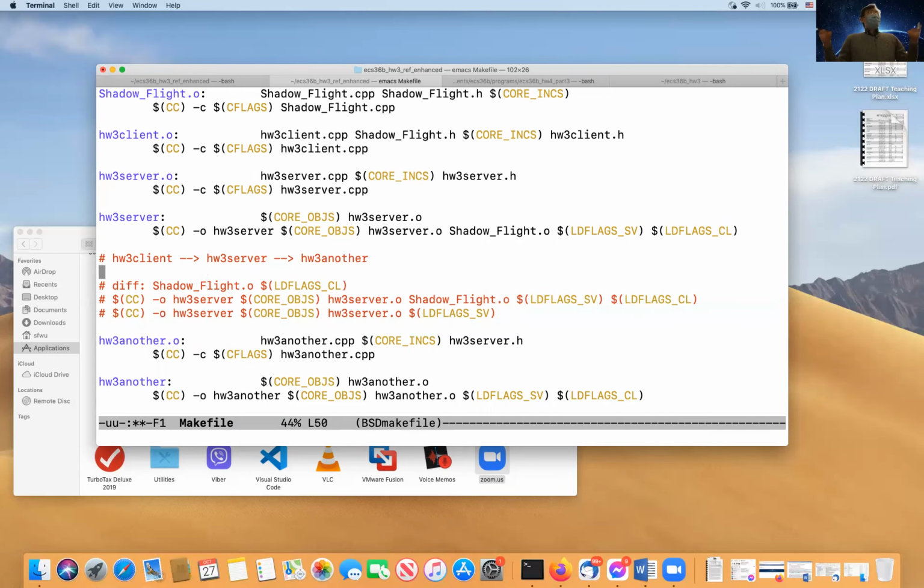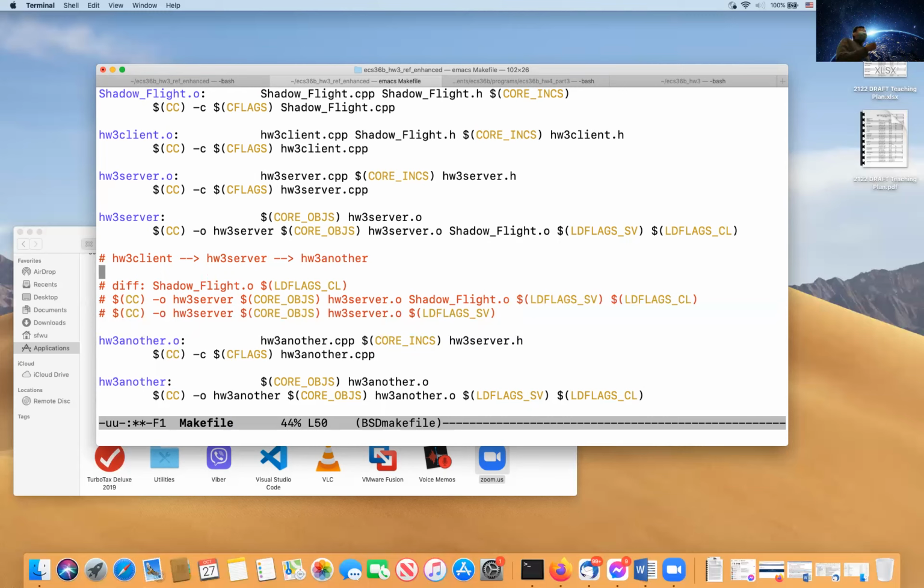That's the relationship between the three. So you can see that HW3 server becomes a middleman. It is a server for HW3 client, but it's also a client for HW3 another. That is an interesting situation. That is a dual role.